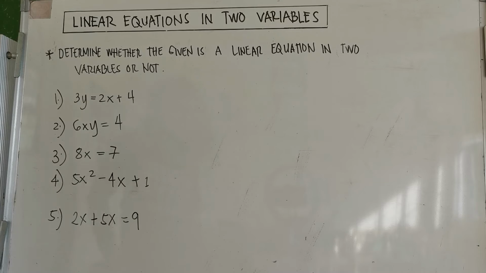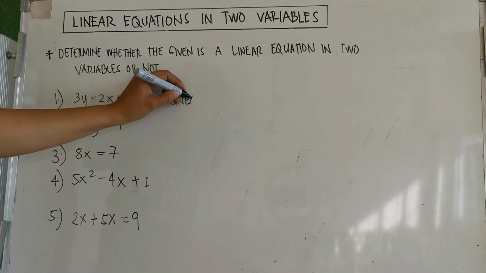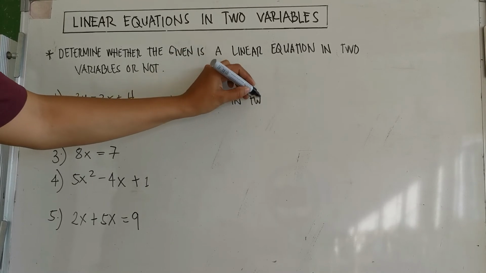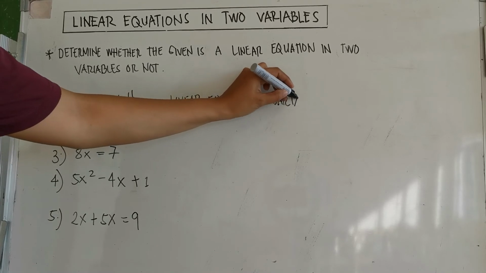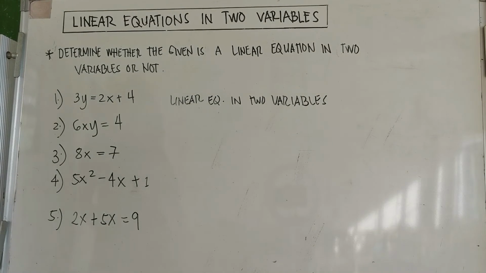Okay, observe that in number 1, meron tayong y and x. Ibig sabihin, meron tayong two variables. And take note that wala naman tayong exponent na greater than 1. So take note that number 1 is a linear equation in two variables. Okay? Next. Number 2,